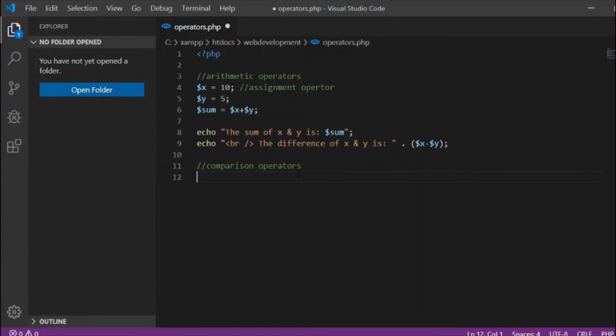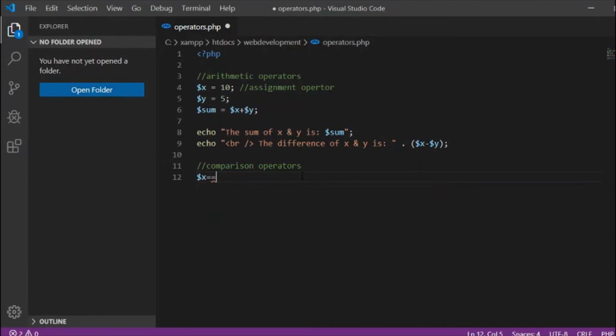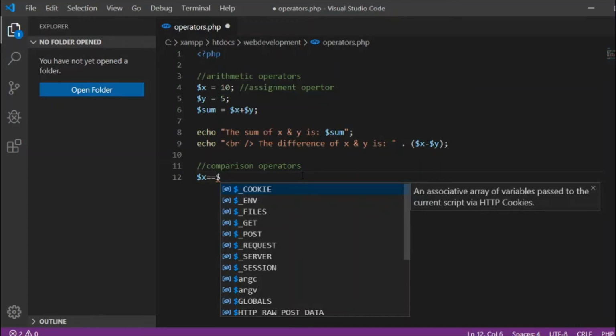Alright, so here we can simply write some expressions in our code. So we can do a check to see if x is equal to y,